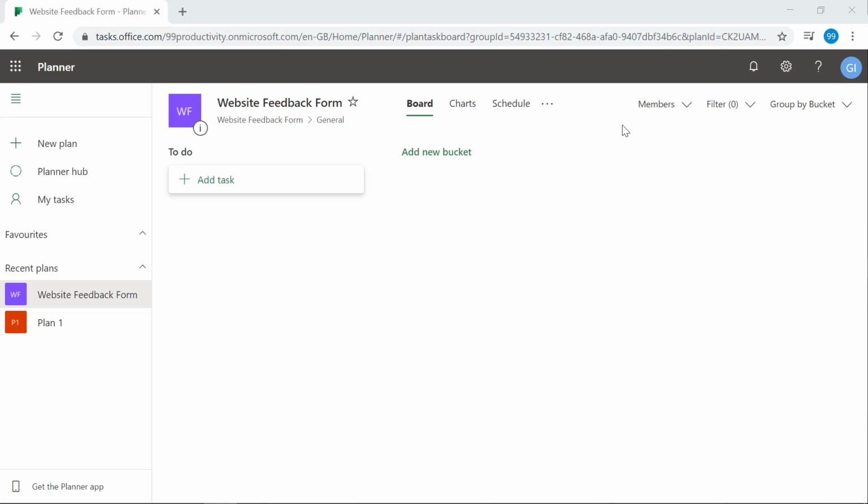So the first thing that we need to think about is the different sections that we have in this plan. And Microsoft Planner calls these buckets. So here's how it works. Usually the first bucket that you have is To do, which you can rename. Let's think about our use case. We're trying to build a website feedback form. Usually the sections may be something like business case,